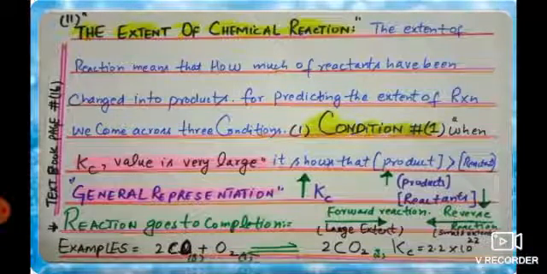Now, when 2 moles of carbon monoxide in gaseous form react with oxygen, it results in the formation of 2 moles of carbon dioxide. So here the value of the Kc is provided, 2.2 into 10 power 22. So 10 power 22 is a very large power and it shows the large value of the Kc. Like we have discussed in condition number 1, when the Kc value is very large, it means that in this equation the carbon dioxide will be in large amount and most of the reactants are converted into carbon dioxide. There is no such reactant left in the reaction. Mostly they are converted into products. This value shows that.